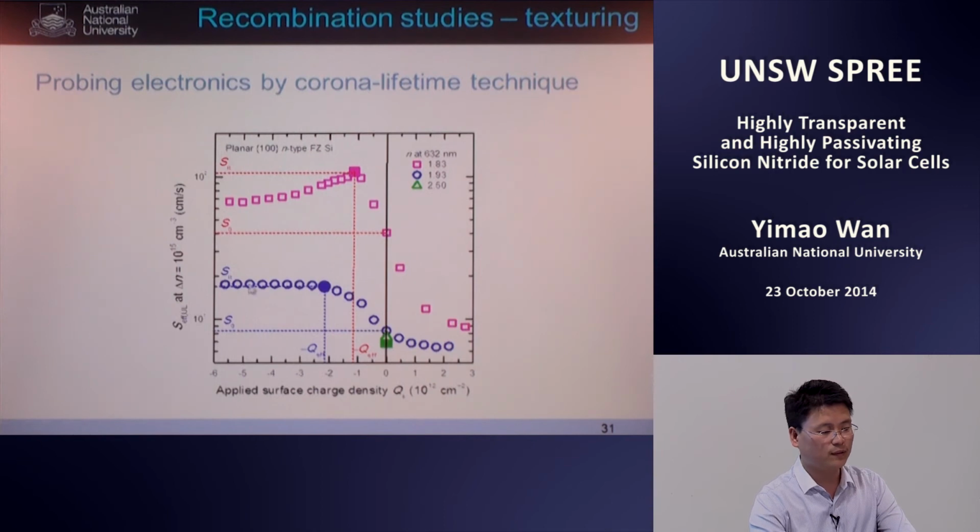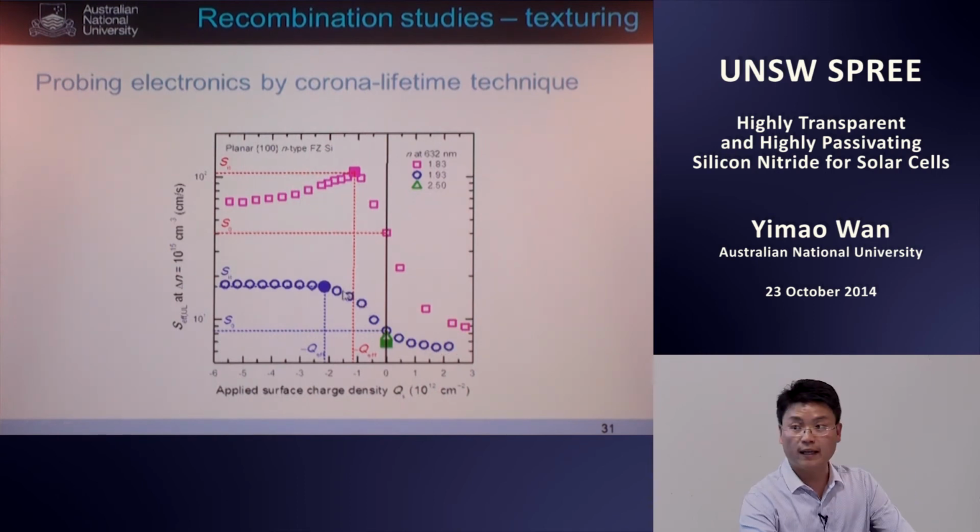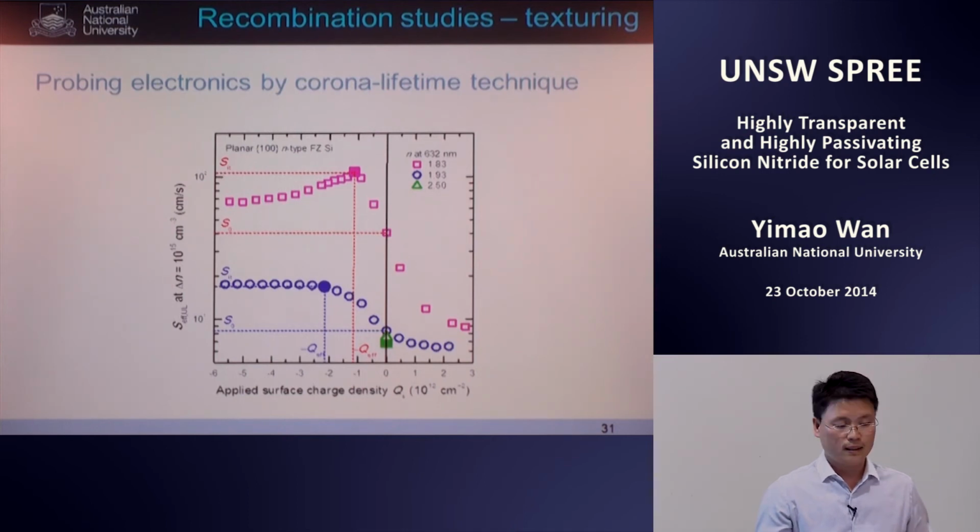And the second case of nitride is when I apply charge, it shows quite similar behavior, denoted by the blue color here. It shows the typical behavior for the accumulation region. But when we apply the negative charge, the recombination never comes down. And we suspect this is due to the injection of negative charge into the silicon nitride film, which cancels out the positive charge